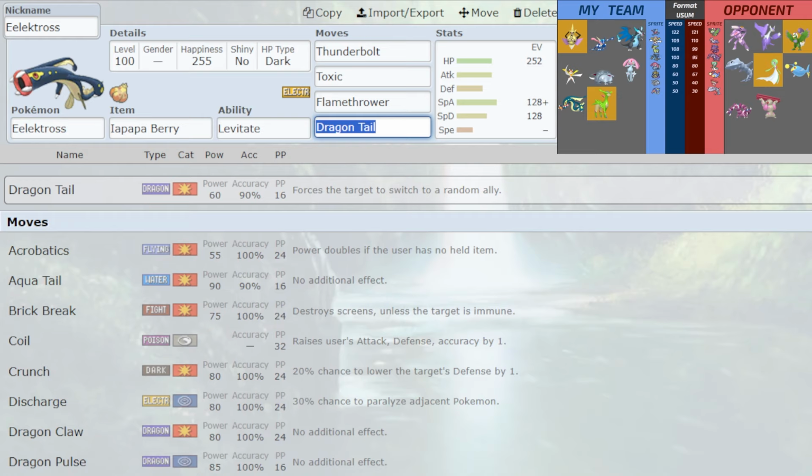I can go for Toxic, especially if it's not going to be Draco Meteor Mega Latias. If it's just Dragon Pulse, then I should be fine going for Toxics. Maybe pop the Pap Berry and Dragon Tail it out. It's not a great...